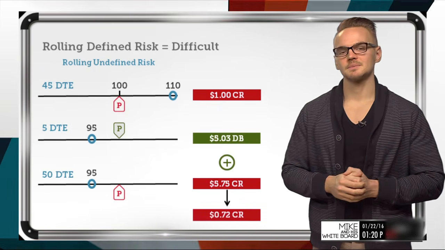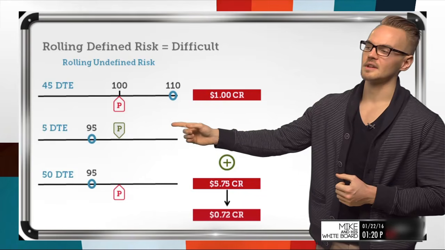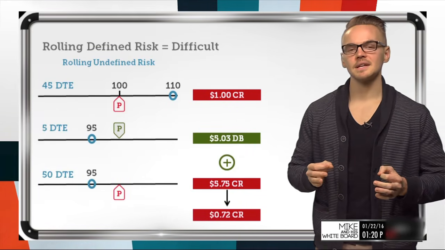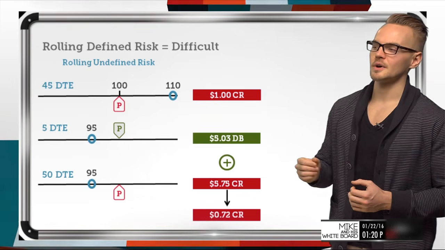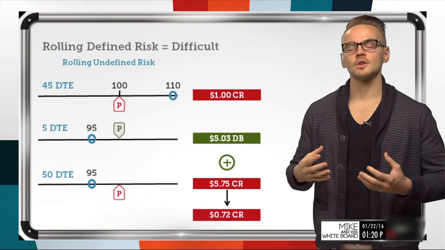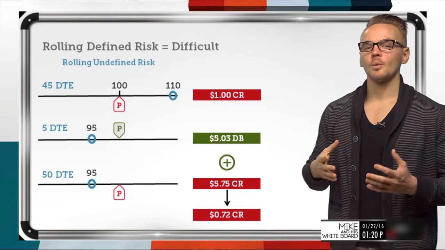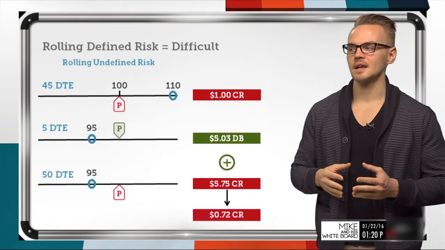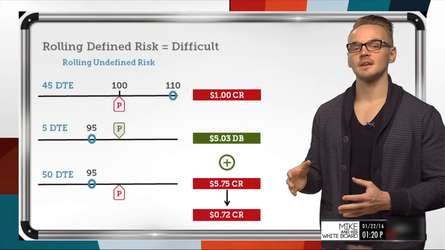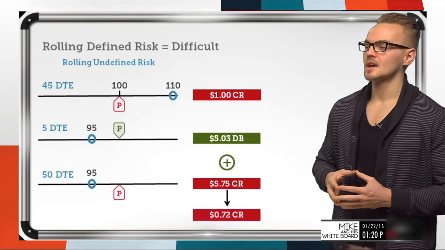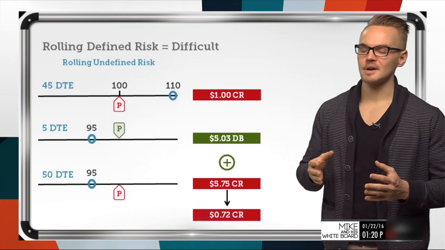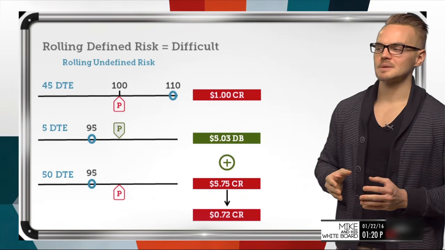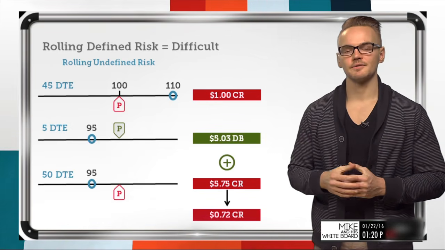But let's say it goes against me. So over the next 40 days, you can see over the left here, we've got 5 days till expiration left. So the stock price is all the way down to 95. Since I sold the put at 100, in order to close that position or roll the position, what I would have to do is close out my current position. So I'd be looking at the 100 strike and roll out or open a new position in a further expiration on the same strike. So given the fact that the stock price is at 95 and my strike price is at 100, I know that my option is going to be trading for at least $5 or $500.